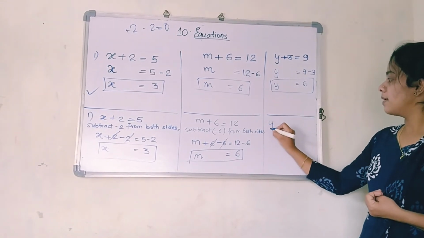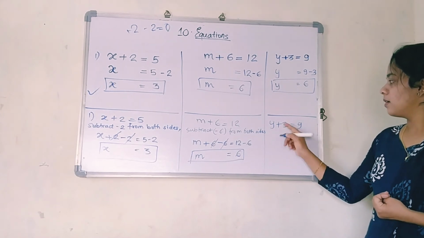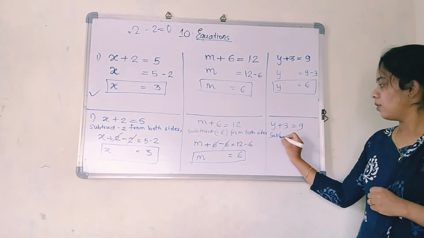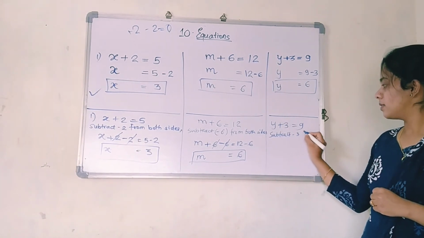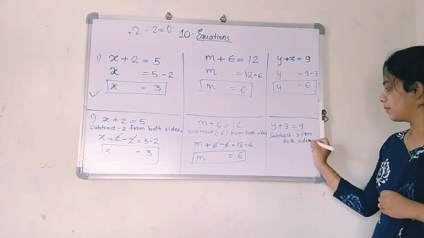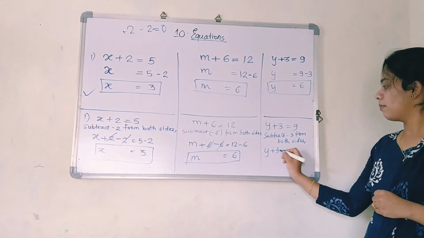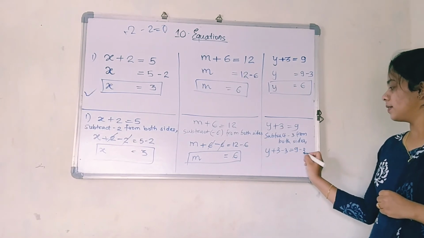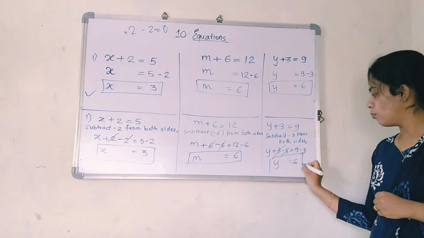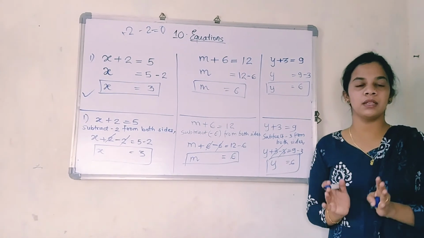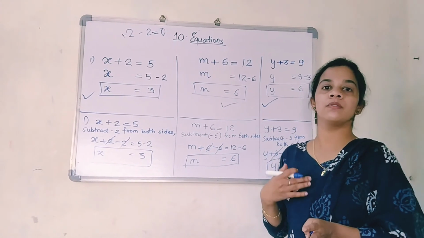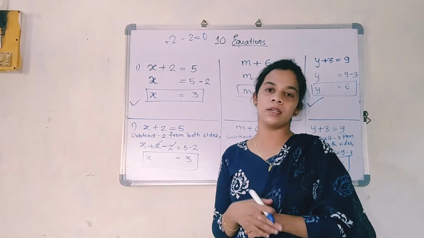This is the first method, this is the second method. So same we will do, y plus 3 is equal to 9. Here it was plus 3, so I am going to subtract minus 3. So subtract minus 3 from both sides. y plus 3 minus 3, 9 minus 3. So the answer will be this, both got cancelled, y is equal to 6. So on both the sides your answers are coming same. The thing is, this is very easy to understand and very essential for you in your next class. We will see the next part of it.